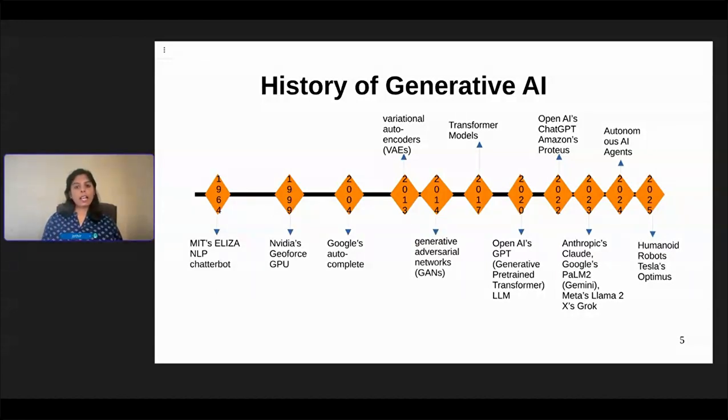And then we had variational autoencoders, and then the generative adversarial networks, where the complete neural networks came into the picture, where the generative, as in it's going to generate the content, right? So there are two kinds of neural networks, one called the generator and one called the discriminator, right, where the systems themselves challenge the content that they have created, right?